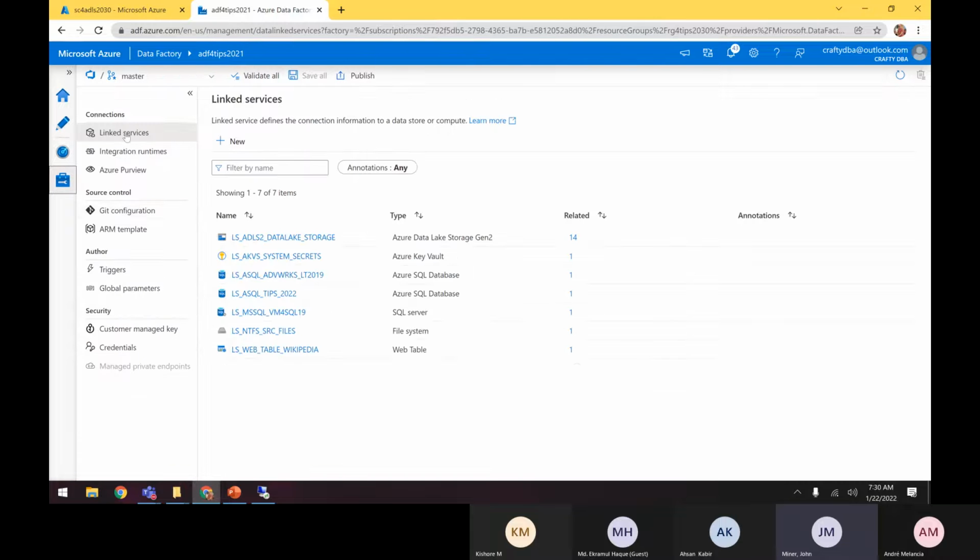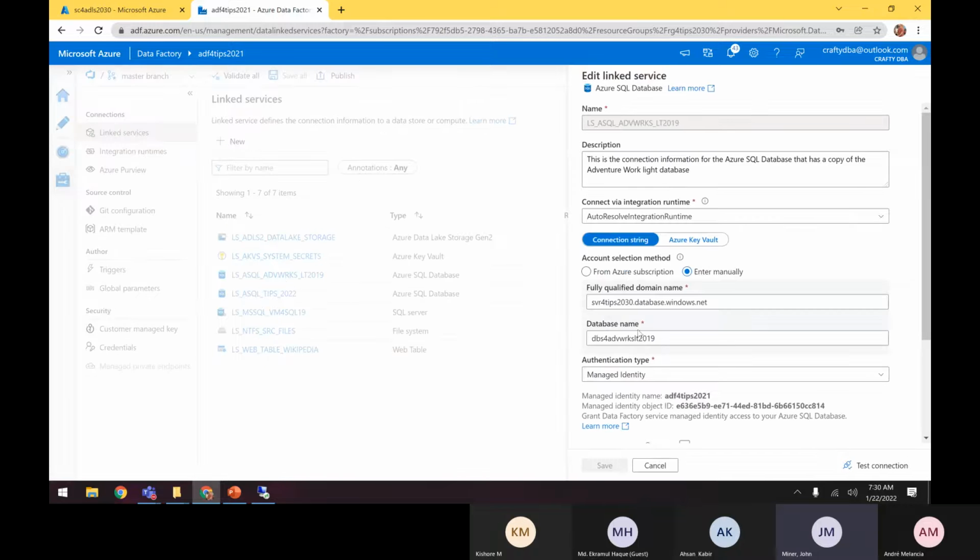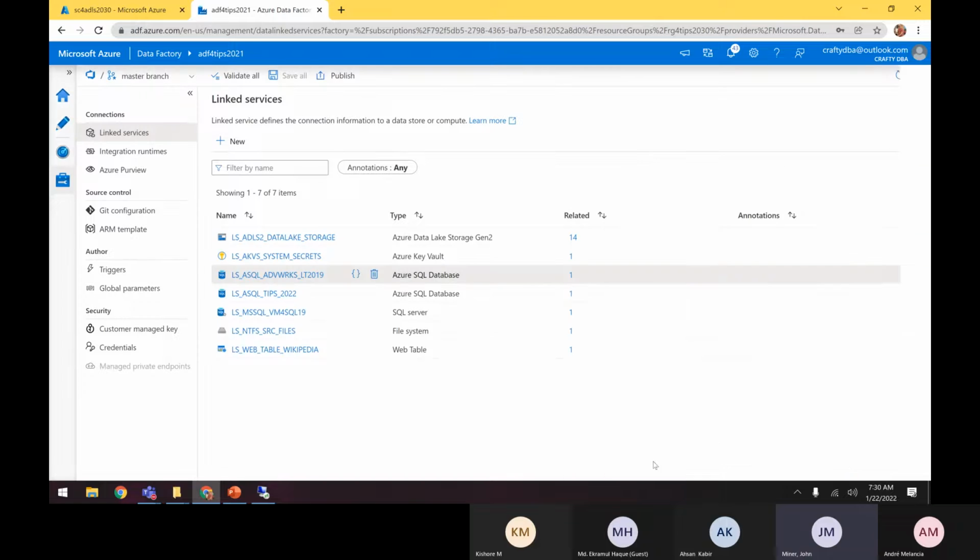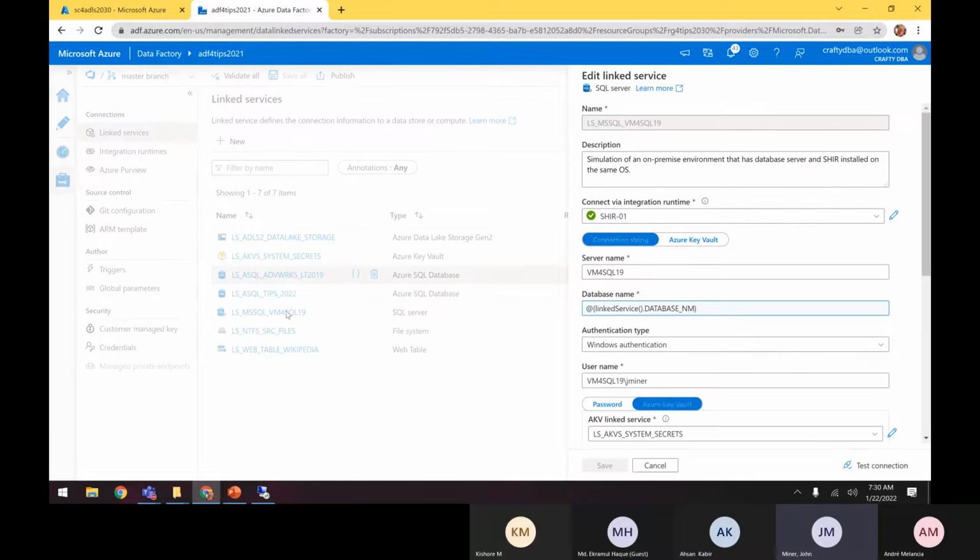If we go to managed, we can see linked services, we can see where things are going. If we look at this AdventureWorks Lite, we can see that it's actually going to a cloud database, and that's one type of data source. We're also going to work later on an example to show you how on-premise works with that VM I